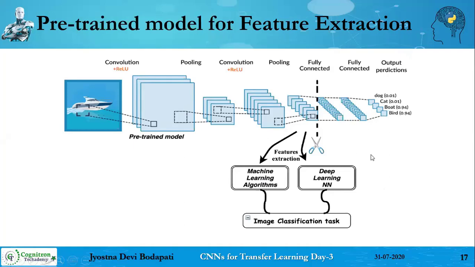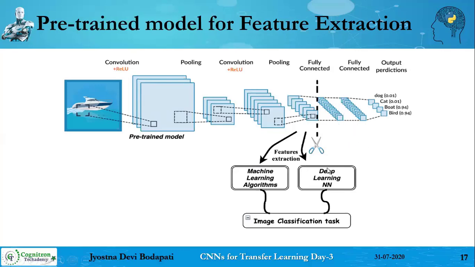You can extract the features by passing your input images, and then you can either create your own deep learning neural network, or you can use a traditional machine learning algorithm like KNN or SVM or logistic regression, or any other model for that matter. So you are using the basic VGG16 architecture, just the weights. You are passing your own dataset images to the model, and from the final fully connected layers you are extracting the features.